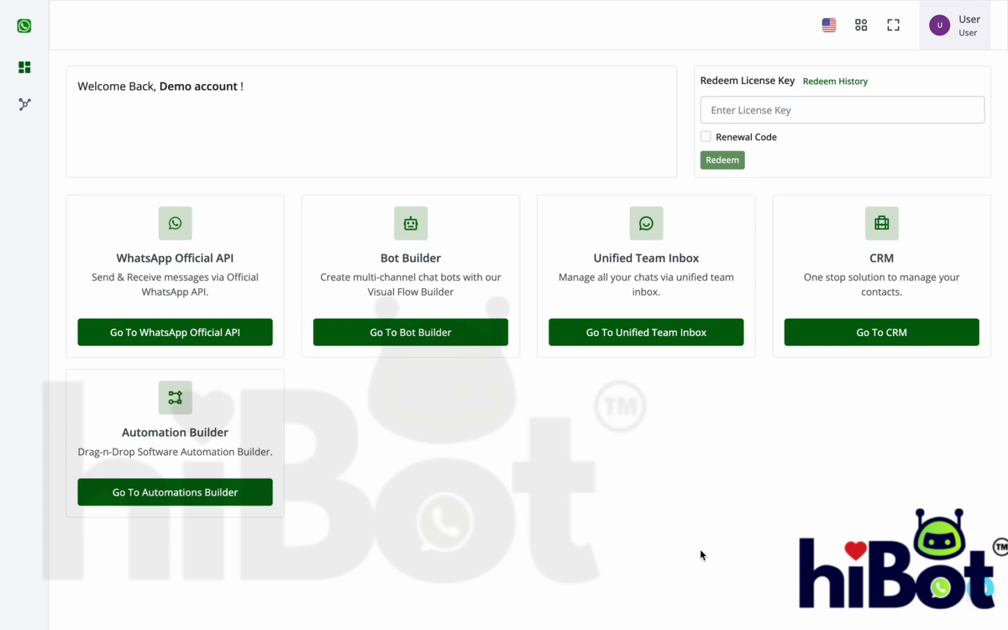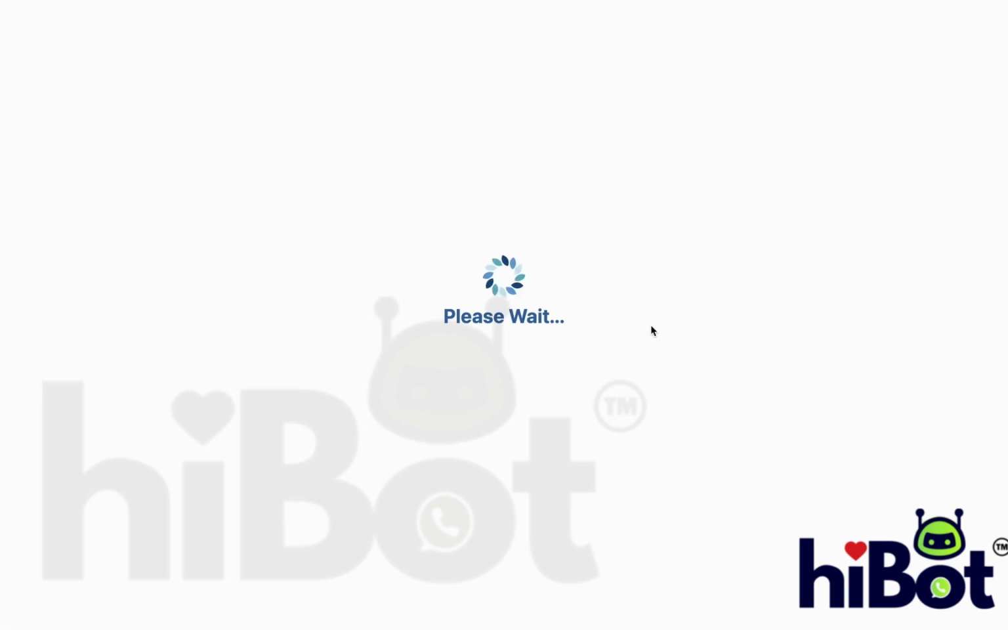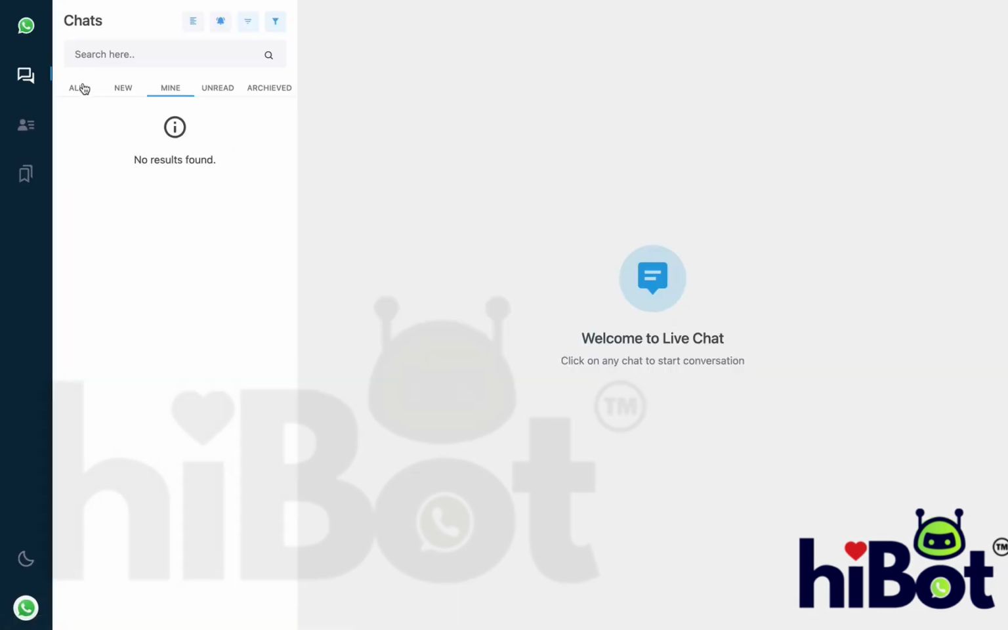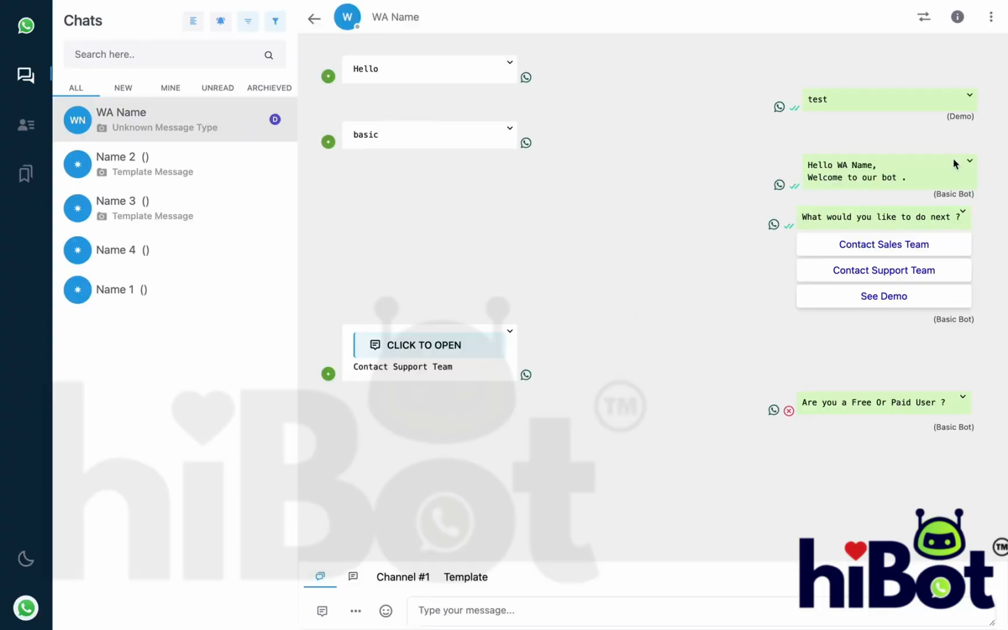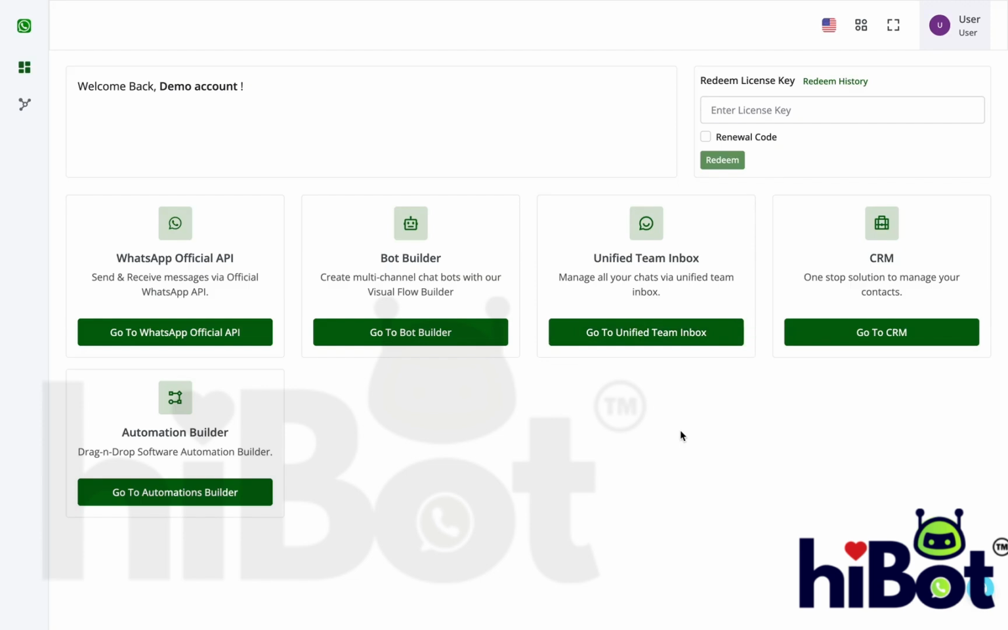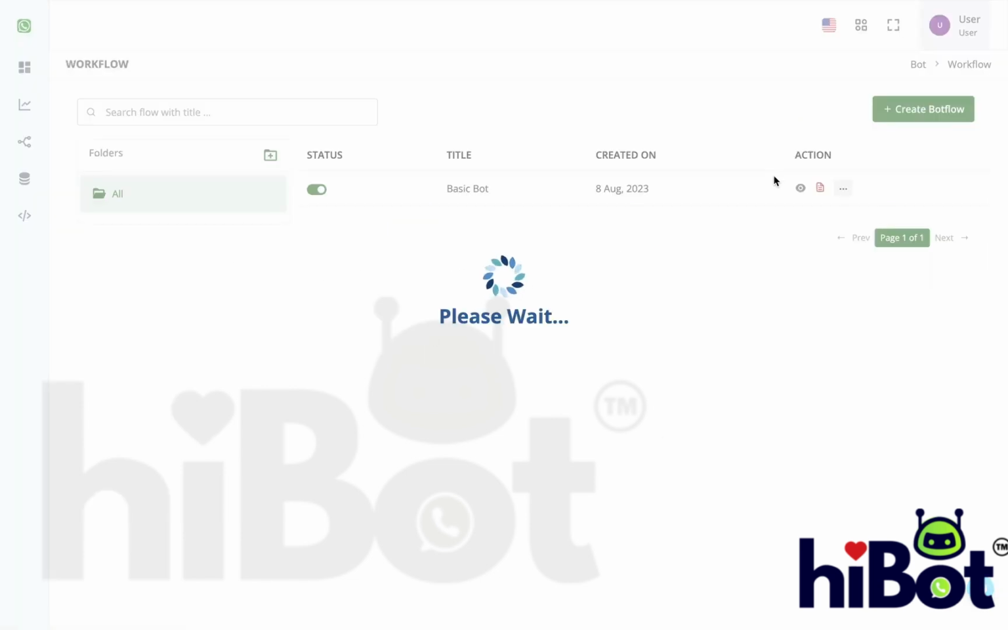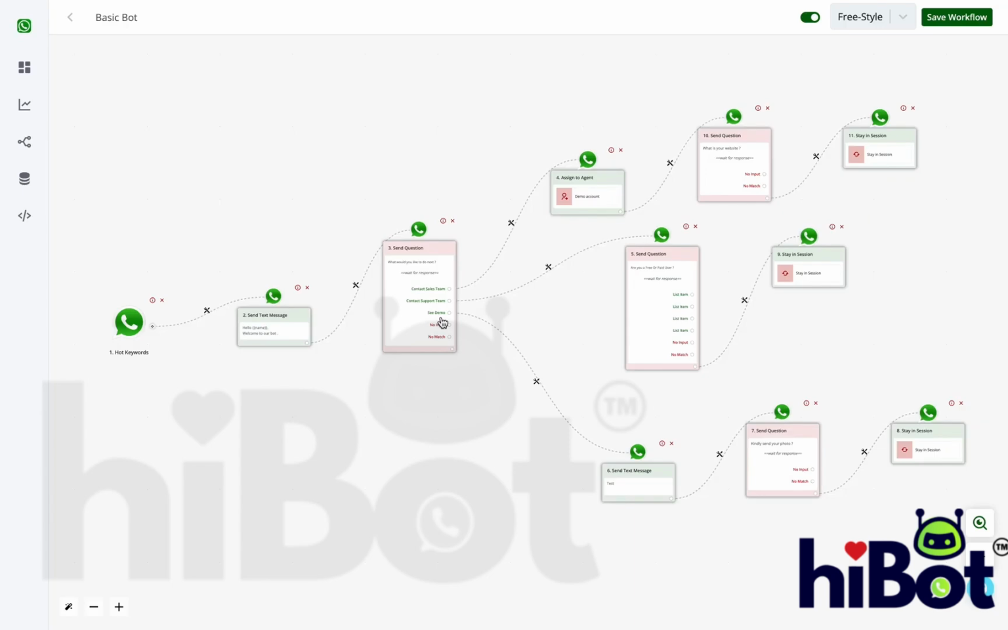Let us see how we can check the errors in the bot flow. While I was checking the messages that were being sent by the bot, as you can see here, the basic bot sent this reply to the user, and then the next message got failed. To analyze what happened here, I need to first go to the bot builder, and in my bot flow